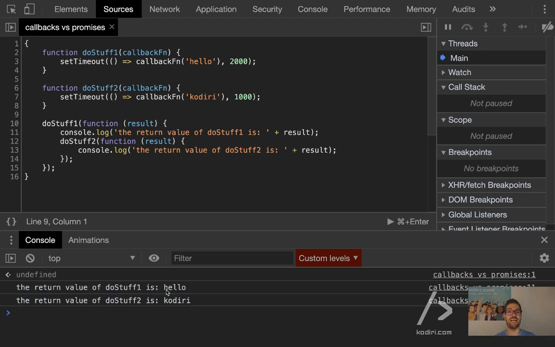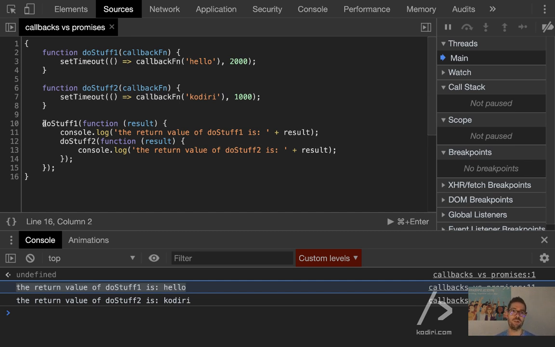Yeah, you've seen that. So now, hello, even though it takes 2 seconds, you can see at the bottom, it comes first. After running the first function, then we run our second function. In other words, how long does it take to display the first message? 2 seconds.